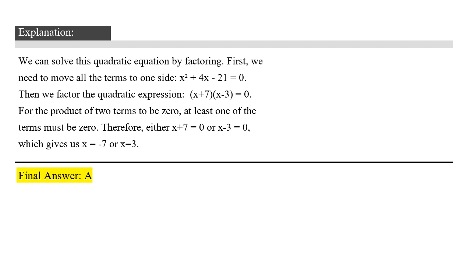A triangle with all angles equal to 60 degrees is an equilateral triangle. Moving the terms to one side, x squared plus 4x minus 21 is equal to 0. Then we factor the quadratic expression, x plus 7, x minus 3, equals 0. For the product of two terms to be 0, at least one of the terms must be 0. Therefore, either x plus 7 equals 0 or